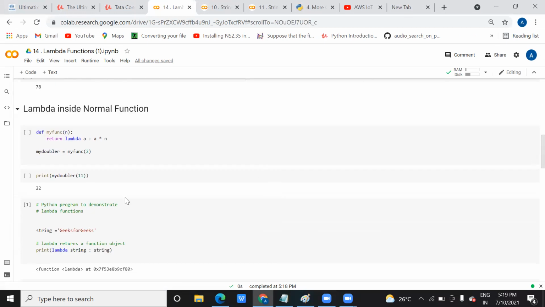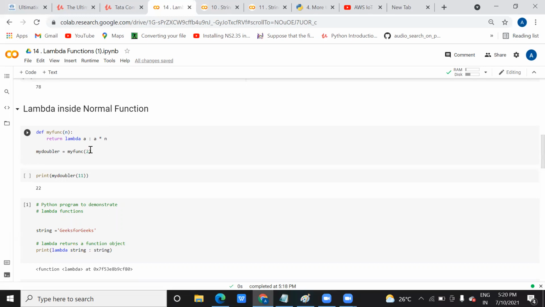Okay. Similarly, you can use a lambda function inside your function also. Like here you can create a function, and inside this function, instead of writing an expression, you are just using another function. Means you are using an anonymous function inside a function. If somebody asks you or gives you a scenario that I want an anonymous function as a nested function inside any function, then this kind of implementation you can do. This lambda keyword will work on this argument a.